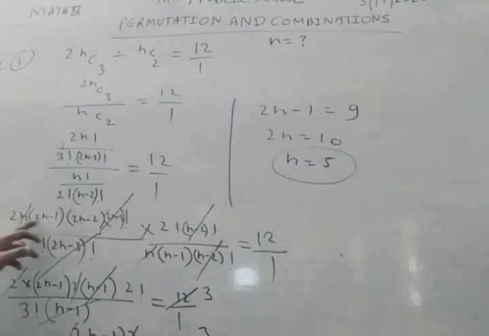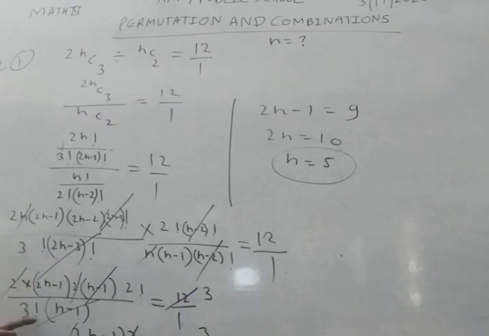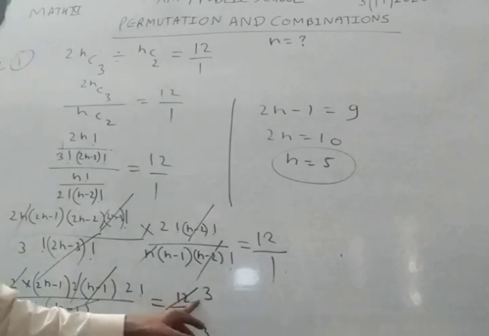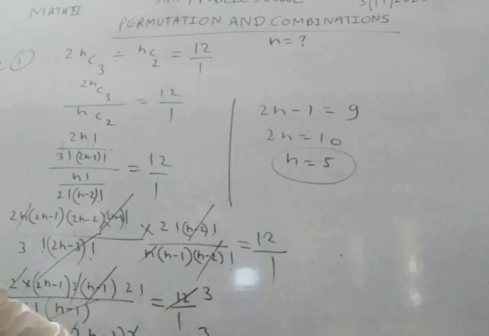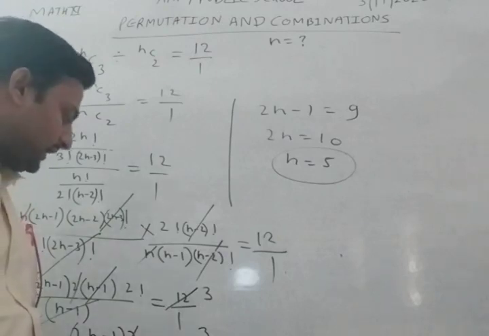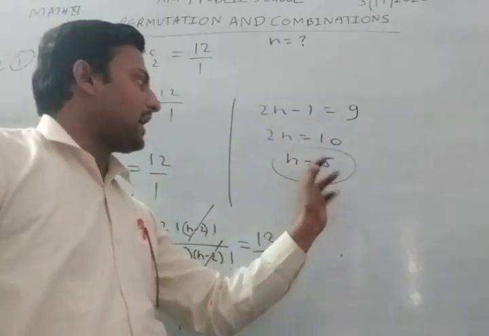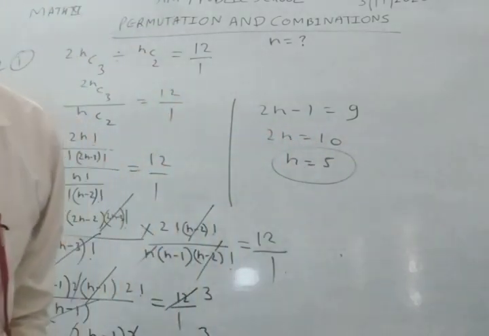We get 2n minus 1, taking 2 outside, n minus 1, and this is factorial 2, and here factorial 3, and this is n minus 1. Again this is cancelling, and 2 and 2 make 4, this will be cancelled with the 12 three times, and factorial 3 is 6, so this 6 will cancel by 2 and we get 3. So 2n minus 1 is 9, so 2n is 10, n is 5. Now we will see the next question.